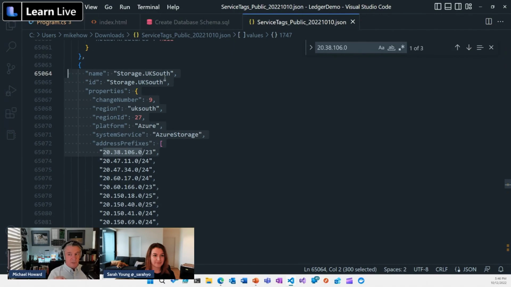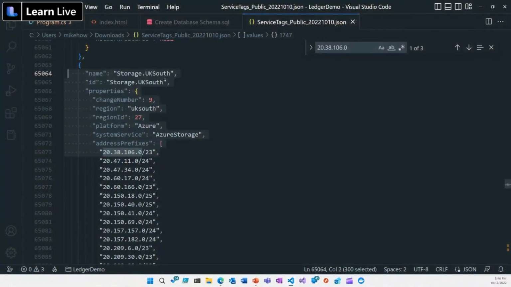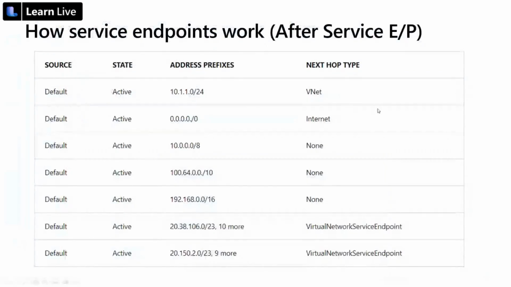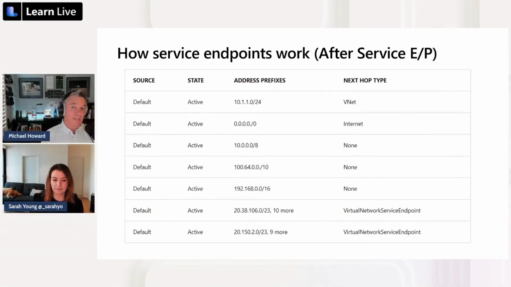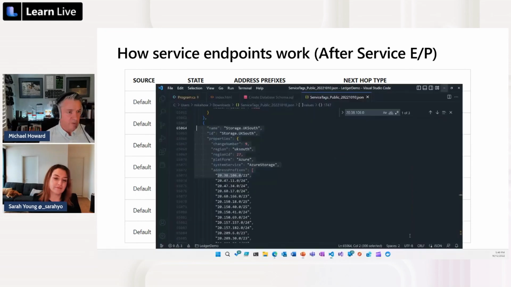So basically what we've done is we've said, if my code, my solution is going to access a storage account in UK South, then instead of routing that request to the public IP address, it's going to route it to the virtual network service endpoint, and then it will actually route it on the Azure backplane to the Azure storage in UK South.